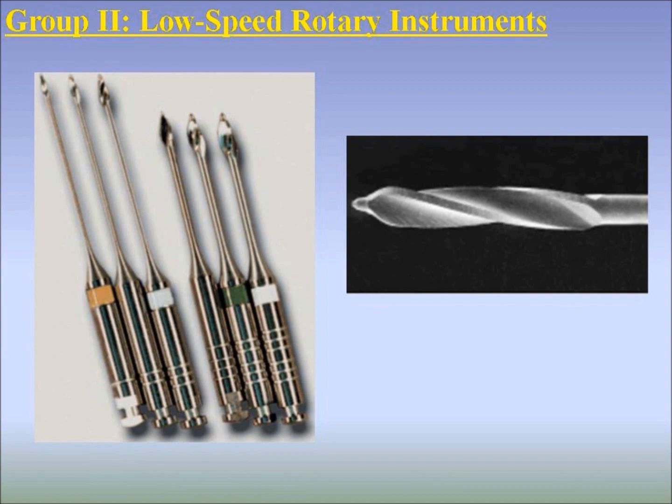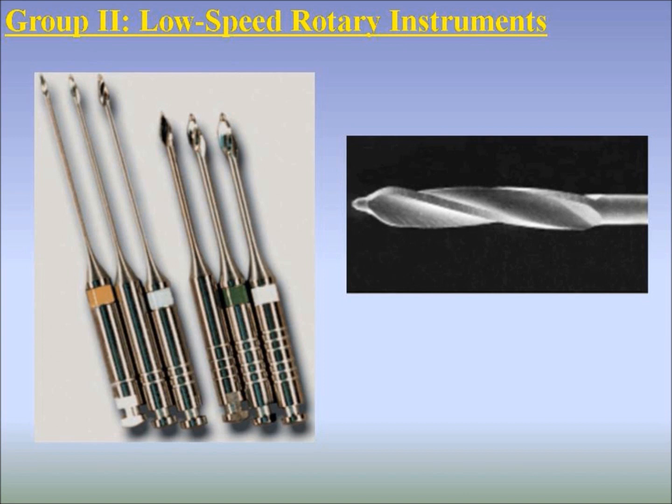Group 2. Low-speed rotary instruments. Many types of rotary instruments are used during endodontic procedures, in addition to conventional burs. Burs with extended shanks for low-speed contra-angle handpiece are useful for providing good visibility during deep preparation of the pulp chamber. This is particularly important when using an operating microscope when performing such a procedure after access to the pulp